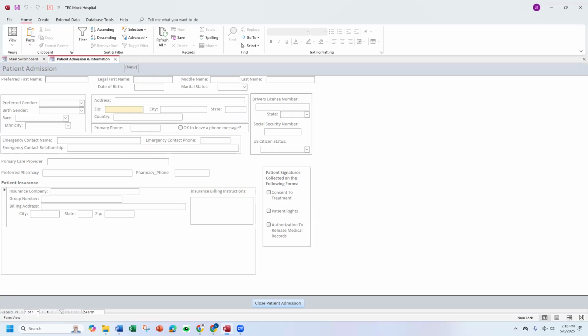Down here it says record 1 of 1. You will always see 1 of 1 on patient admission because it's set for new patients coming into the mock hospital. Some of these are required fields, and as you go through, you'll be able to determine which ones. When you hit close, if it gives you an error like required field, then you will know that you missed a required field. So if I put in test 2 and test 3